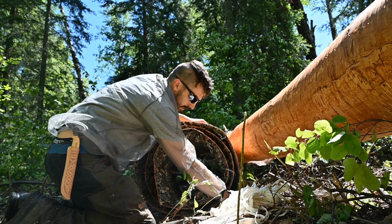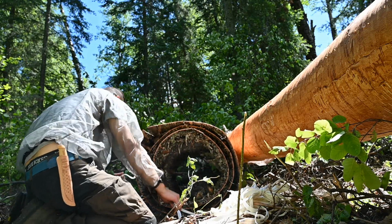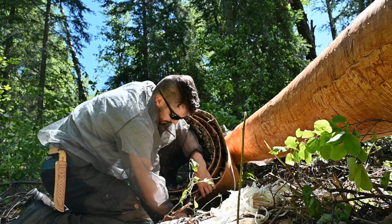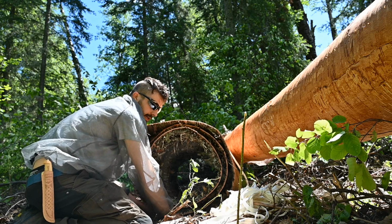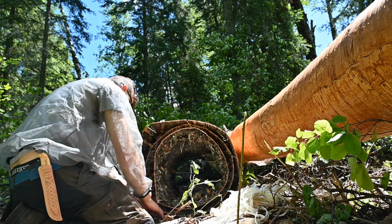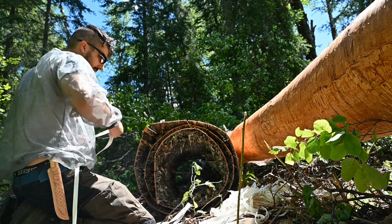And trees this size, they get mushrooms and they get sick too, and then they start rotting. This one was rotten a little bit at the top, not 100% healthy, but